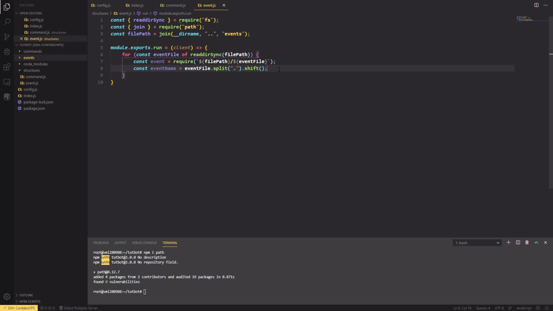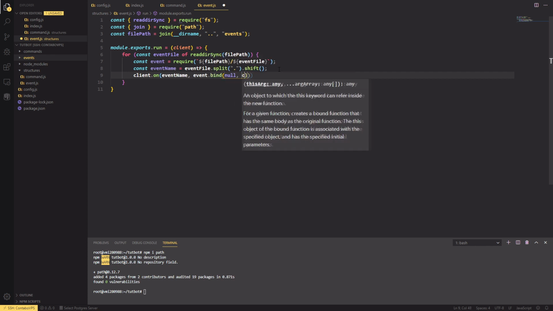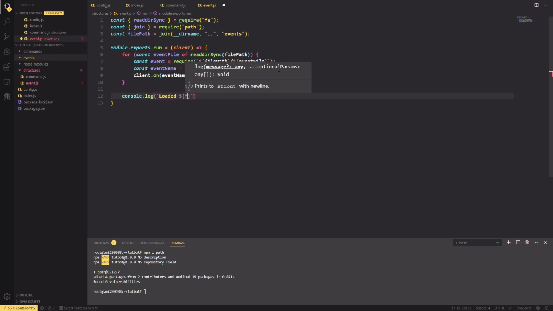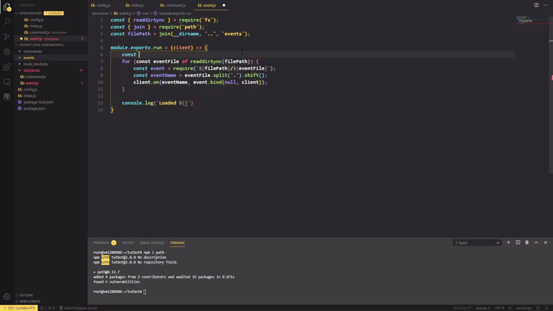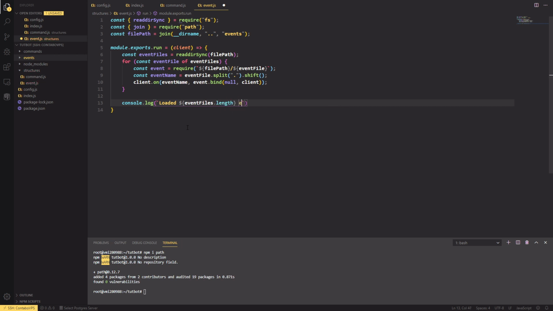So we do client.on ready. That's what we want to do here. Client.on event name, then event.bind null client. And then we'll do another console.log again, like in the last file, loaded. That's why we made it into a variable up here. That makes a lot more sense now, so my bad there. Event files, we're using .length events,